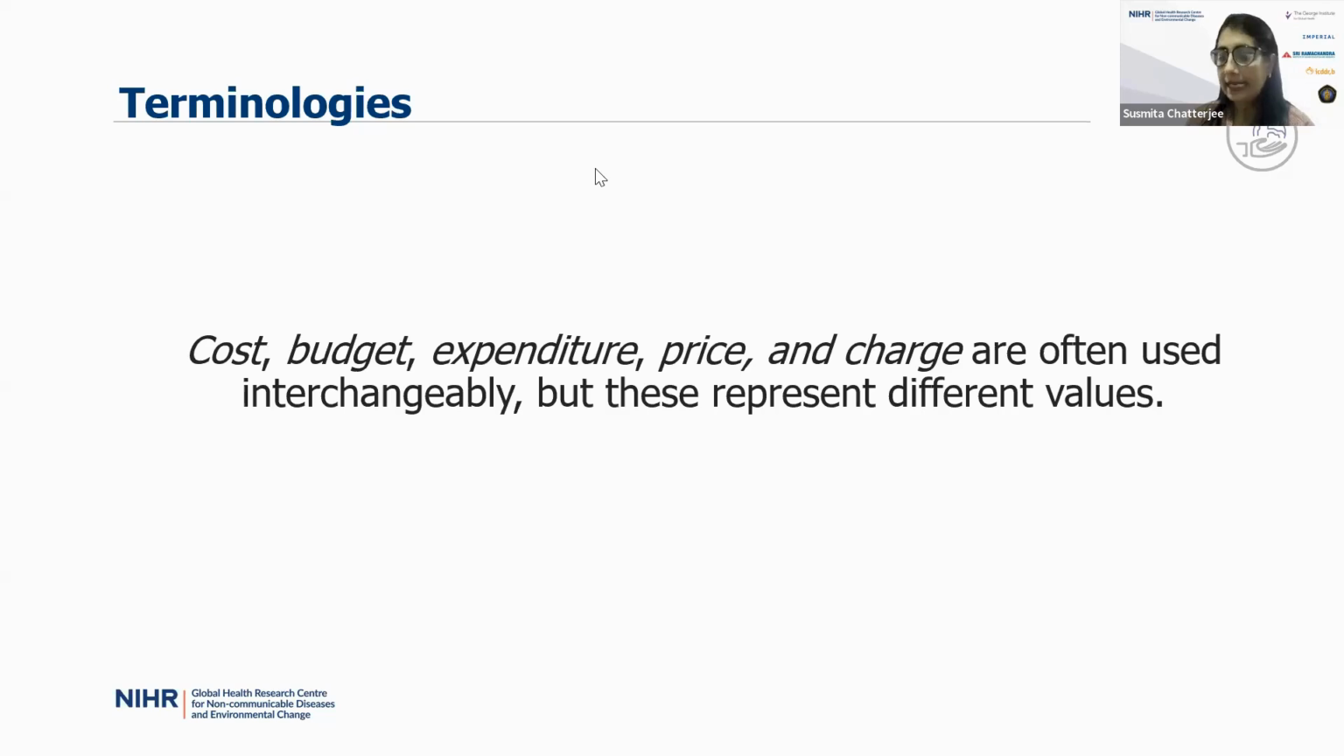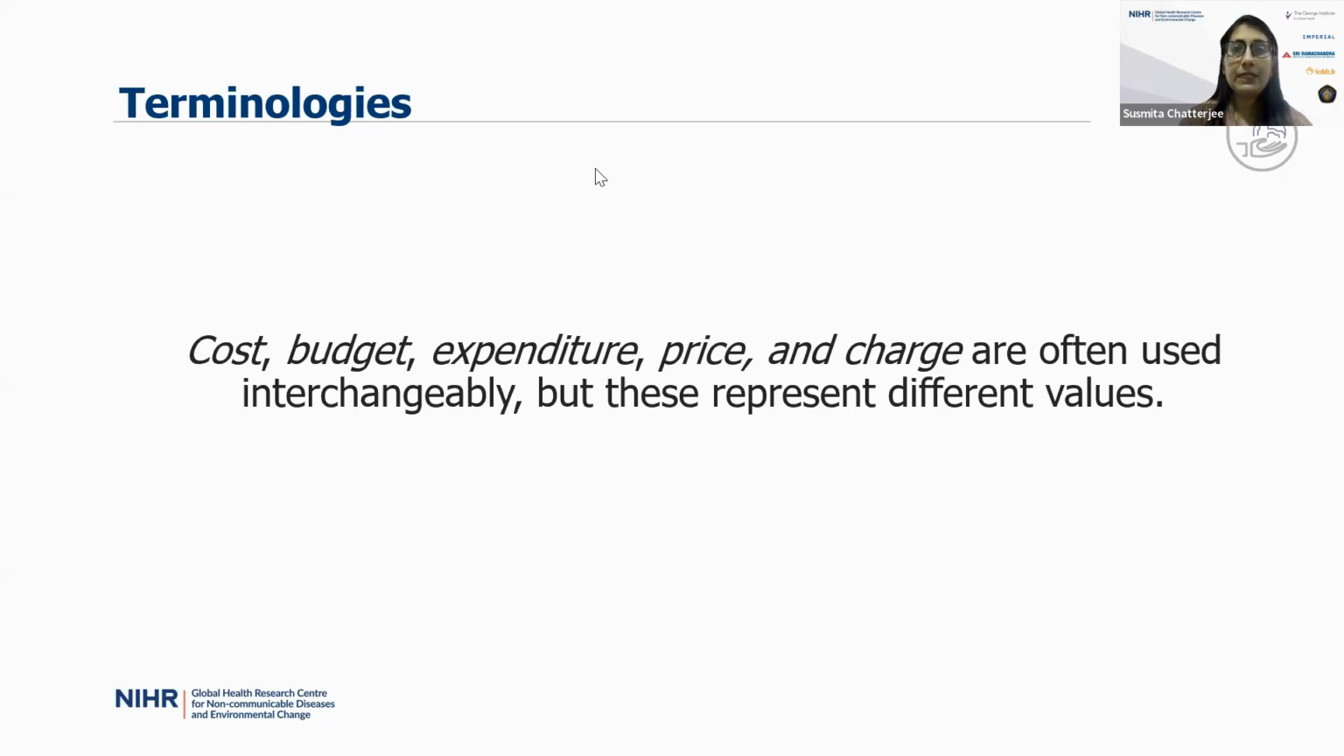If you don't get any data, if you don't have time to do the costing, and if you are not finding anything from the literature, you may go for the charge, but I would never. Charge is something which actually overestimates. In case of a private hospital, you overestimate your things,